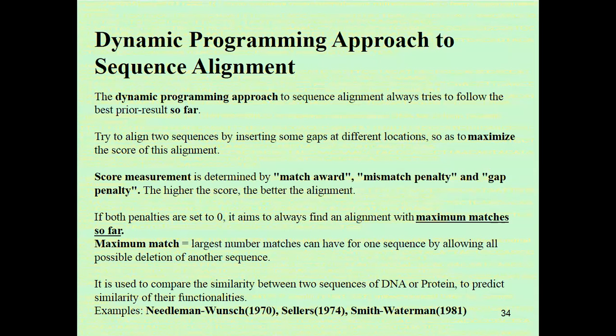The dynamic programming approach to sequence alignment always tries to follow the best prior result so far to give the most accurate result. It is not actually programming as we discussed in the fundamentals of programming or programming languages of computers. Actually, it is the set of rules that we apply to solve the specific problem. Try to align two sequences by inserting some gaps at different locations so that we can get the maximum score of the alignment. Try to align the sequences and give some insertions, deletions and gaps